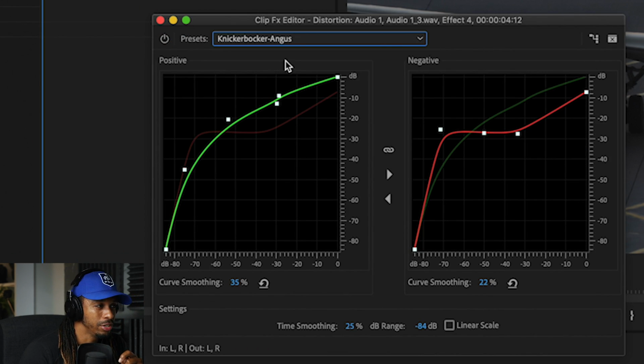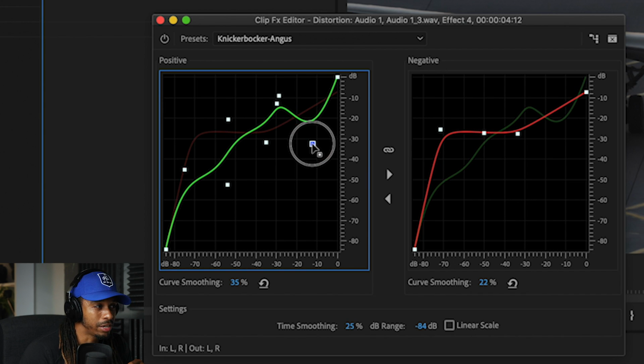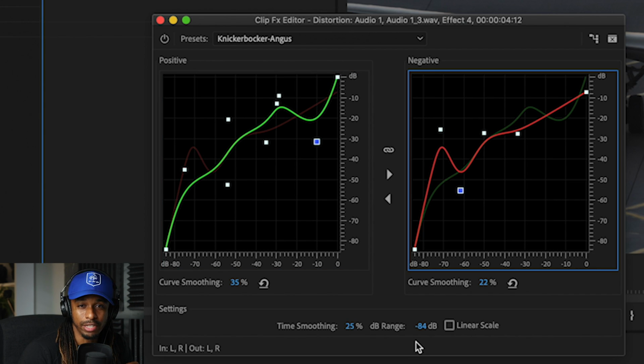You can change it up to get a different type of distortion in your audio file. So just have a mess around with it, have a play around with it. You can reshape the curves to whatever you want it to be, and just trial and error. Trial and error is going to get you the best results or the results that you want. And don't be afraid to push the limits on the adjustments for these effects, guys, because at the end of the day, you can remove the effects, you can put them back on, and it wouldn't have any effect on